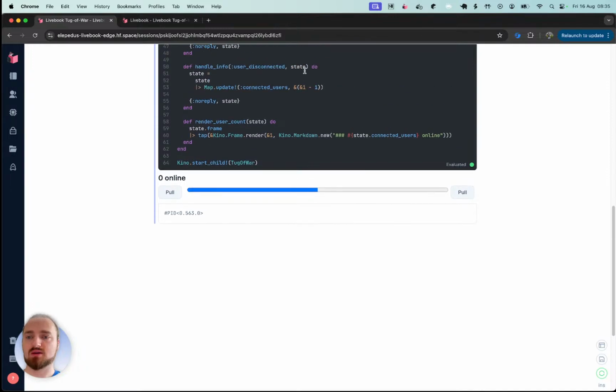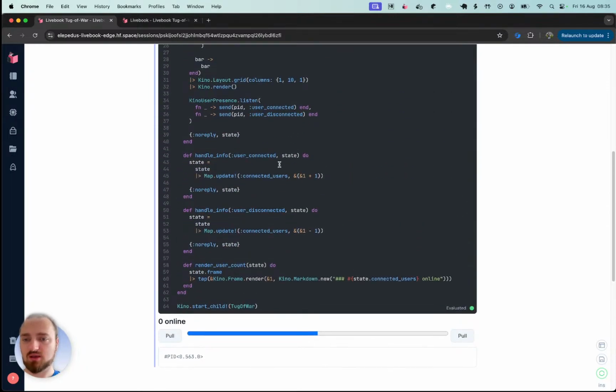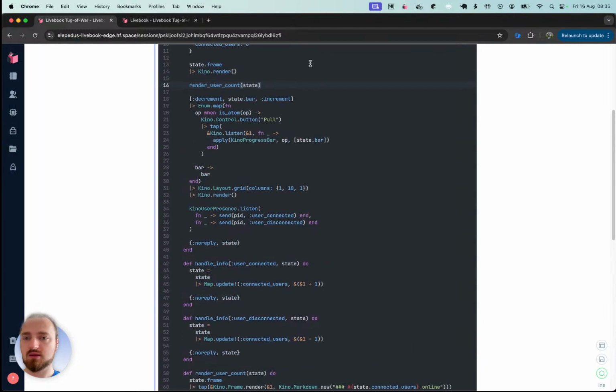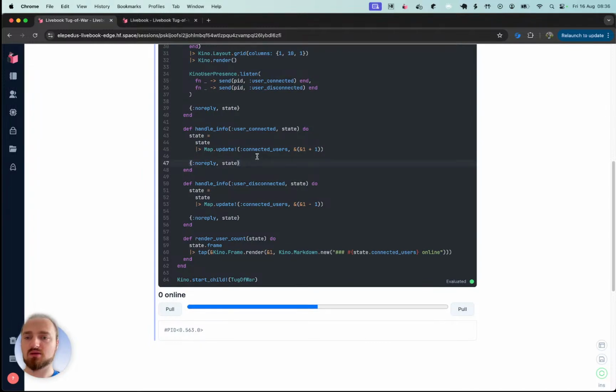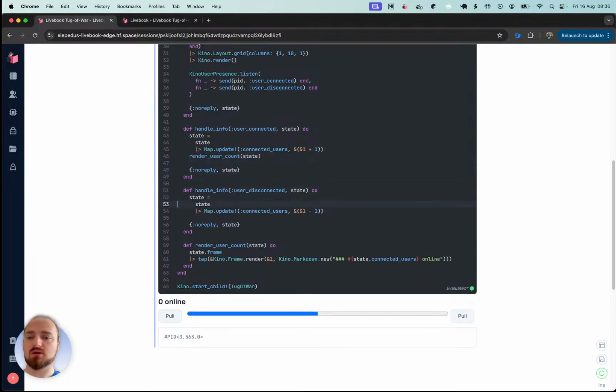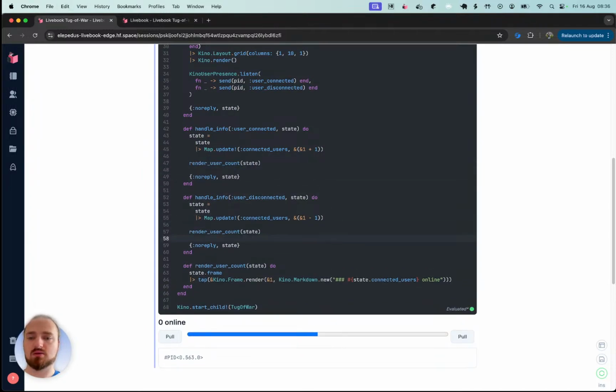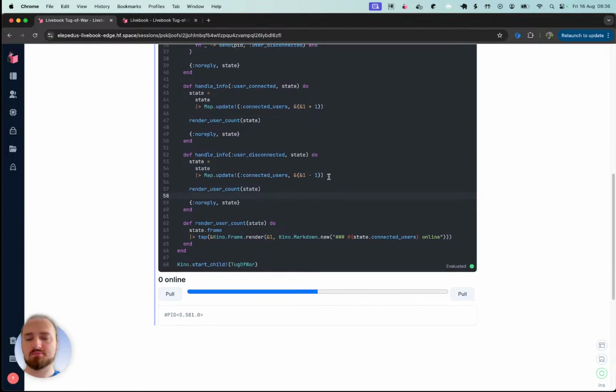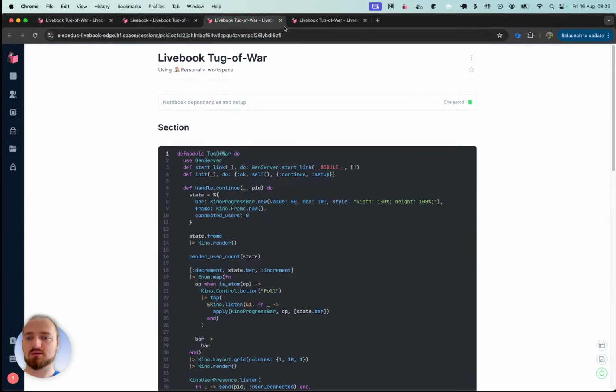Okay, 0 online. Okay, and we then need to just call render user count of state. So this function, we need to call it inside here and inside here. That should definitely increase,